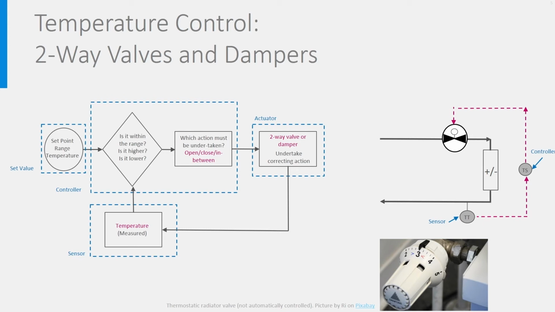fluid with a heater or cooler, which we'll see later, or by mixing the flow with another one having another temperature. You studied this possibility in a course about mixing of humid air, but you can do the same in a hydronic system. Finally, as that is what you see in this picture, temperature can also be controlled by allowing more or less flow rate to a heater, cooler, or heat exchanger. Q is mCp delta T. This could be, for instance, a thermostatic radiator valve before a radiator, like you see on the picture.